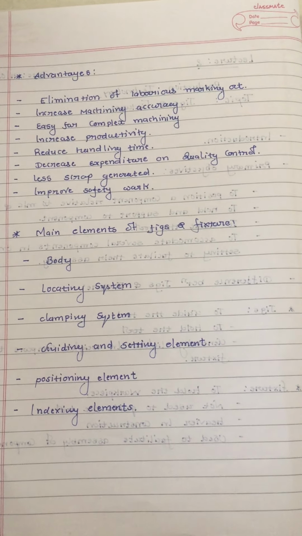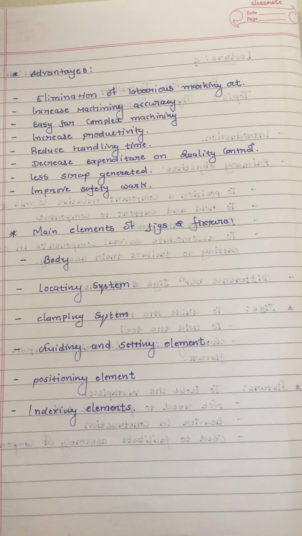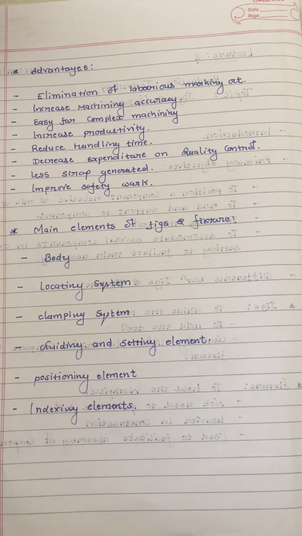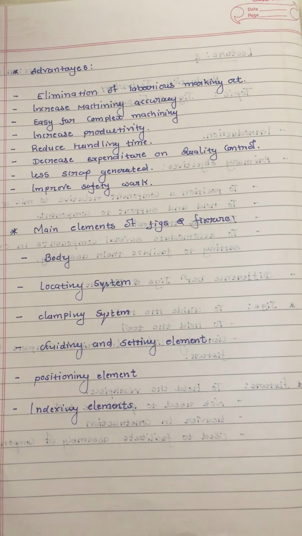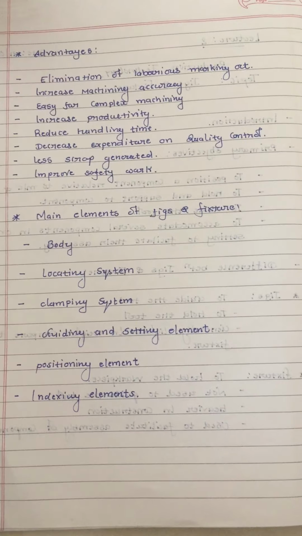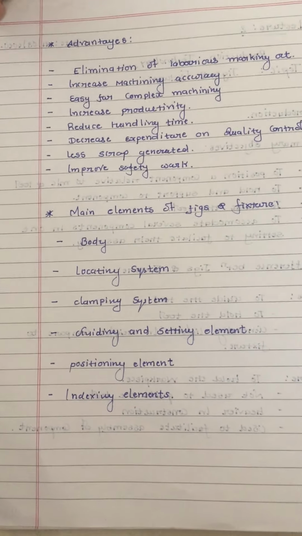So the limitations or disadvantages, in a very broad manner, is that the cost of fixtures and jigs is very high for some specific complex-shaped products, because